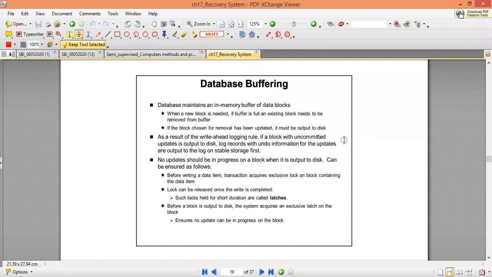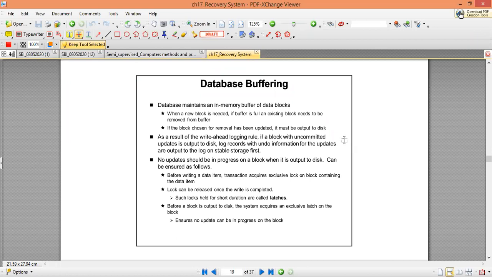That means the log records which contain the uncommitted transactions must be output first. If the buffer is going to be full and uncommitted transactions are present, and a new block is to be written, then that previous uncommitted log will be lost if you do not force that log to be written to stable storage.